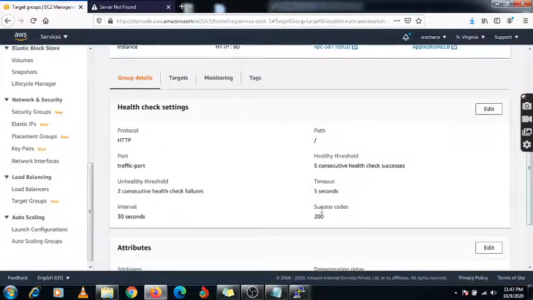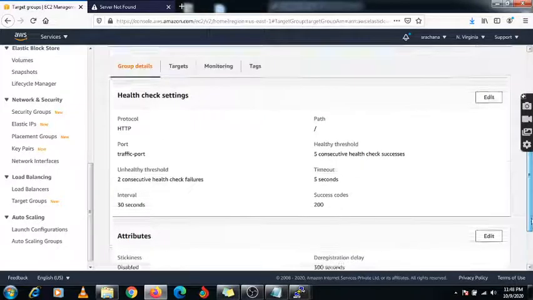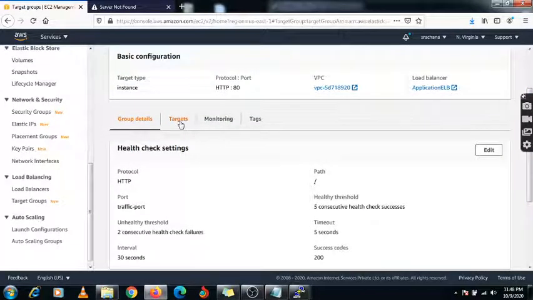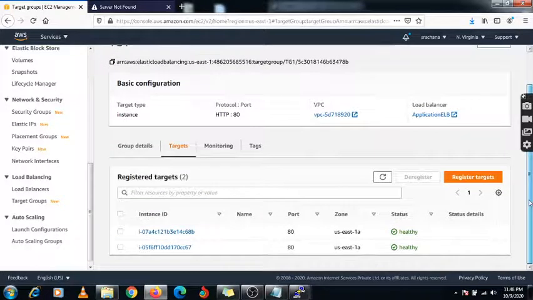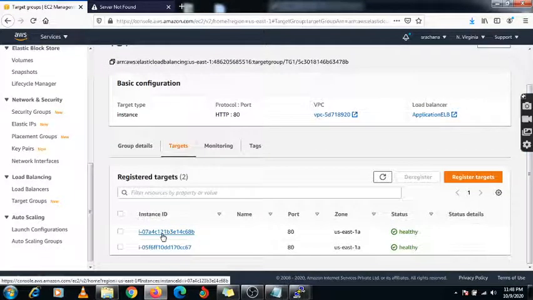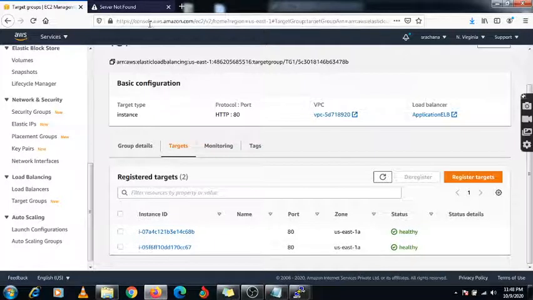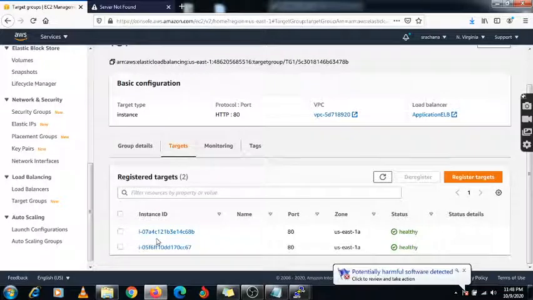Here is the option, that is the success code 200, that means it is healthy. And this is the target which we have selected. These are my instances. These two instances I have registered with this elastic load balancer. Okay, now yeah, and the status is showing healthy.